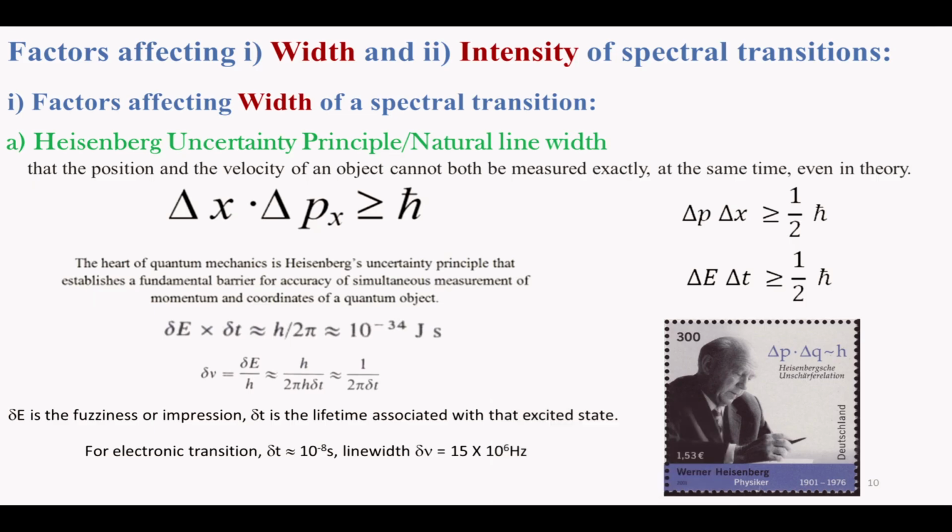Okay, first, now we are discussing width. The first factor is the natural line width, which is given by the Heisenberg uncertainty principle. Why does it say natural? Because ideally, as I said, if there is energy level E0 and energy level E1, then you excite, it goes like that, and that's where the spectrum appears